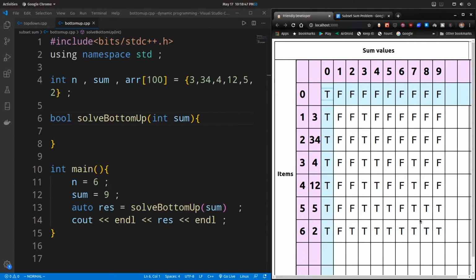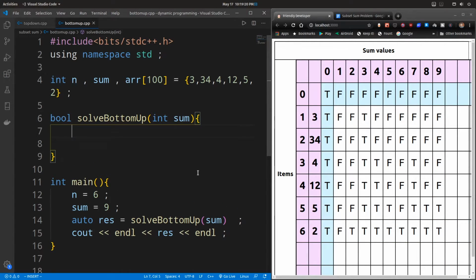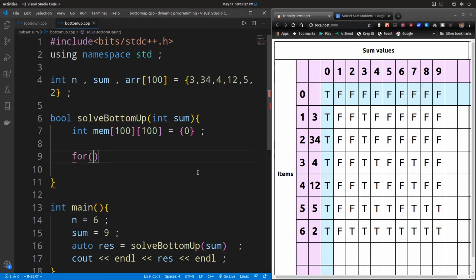Here we need a 2-dimensional memory to represent this table, but you know what, we don't actually need a table to solve this problem. We can just solve this using big O of n space only. I mean to say big O of sum space. We actually just need an array to solve this problem. But just before we see that big O of sum solution, let's solve it through the normal approach, the approach we discussed just now, and let's take a 2-dimensional array to represent our variables.